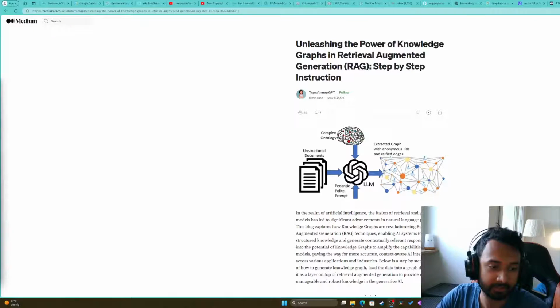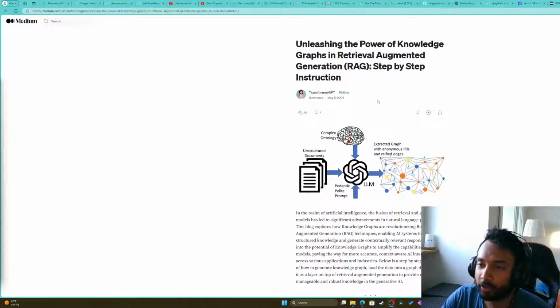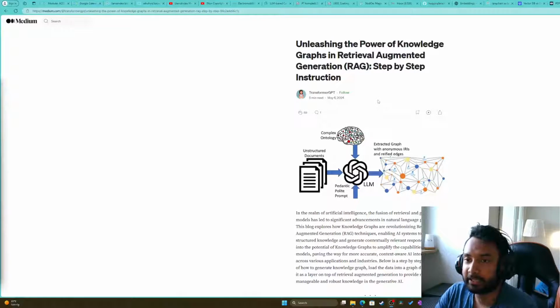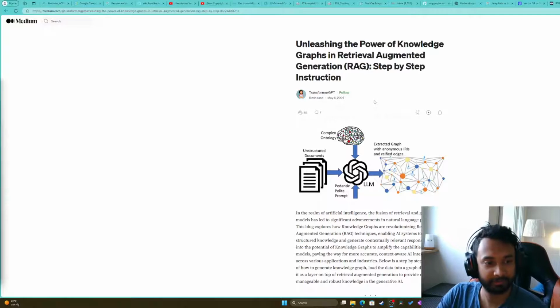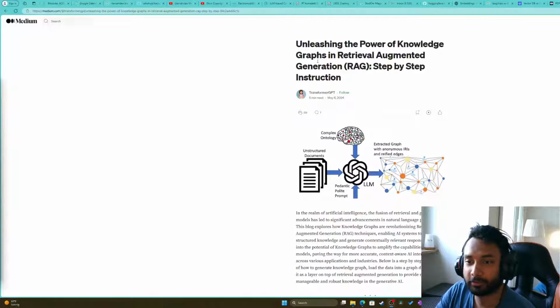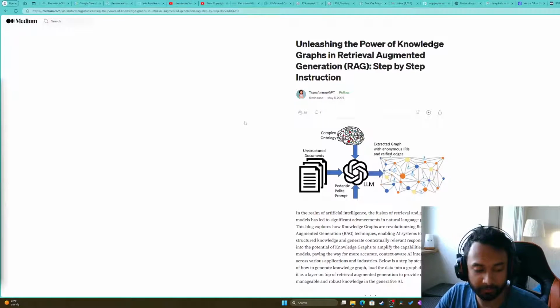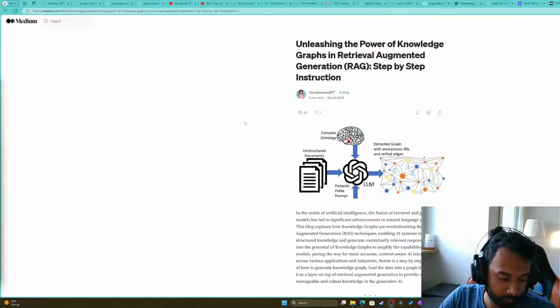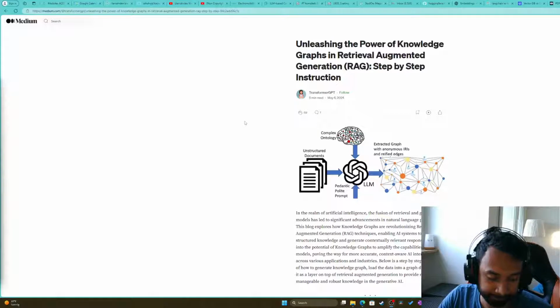Today, like the last time, we are continuing our research of the knowledge graphs. This article, obviously not written by me, but yes, contains valuable information about retrieval augmented generations, which I am